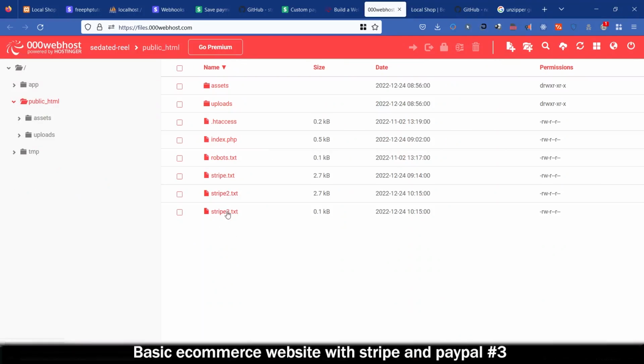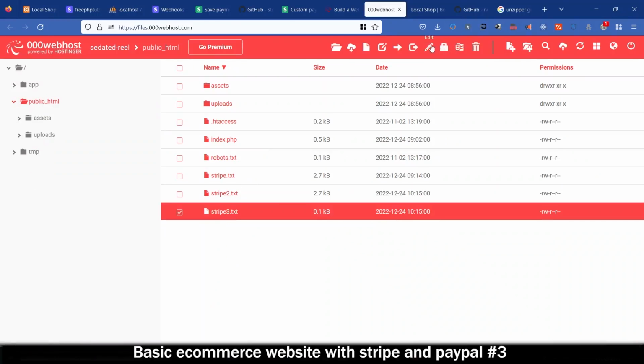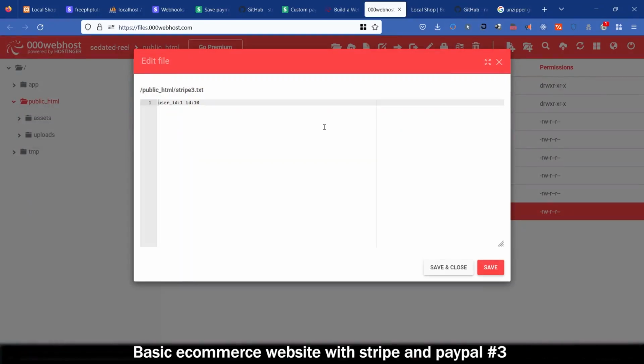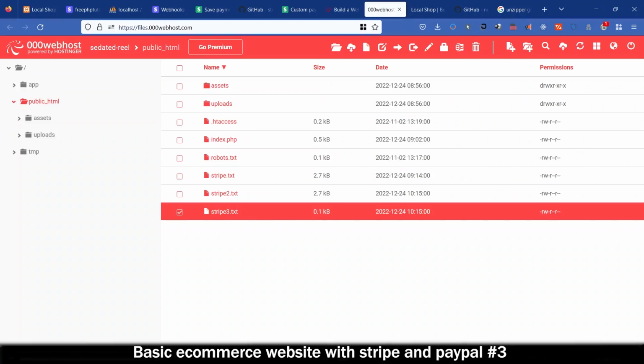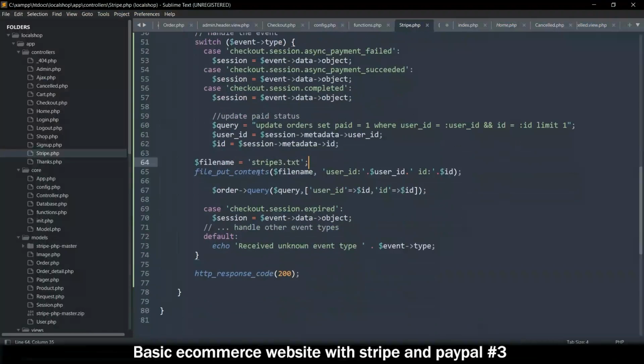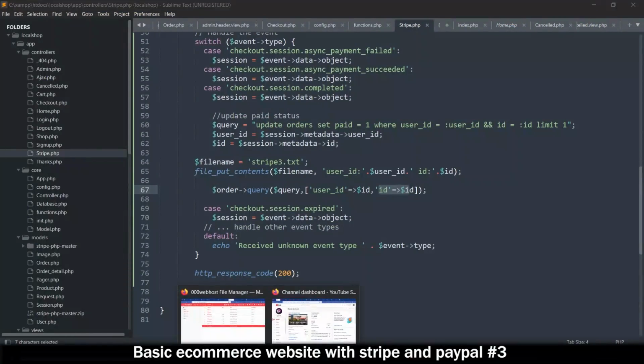So 2 and 3 were both saved, which is nice because it means then we got to 3. But what's going on then? So ID is 1 and the ID there is 10. So looks like things are okay, actually. So what's happening? So there's ID 1 and ID 10. So let's see if there's